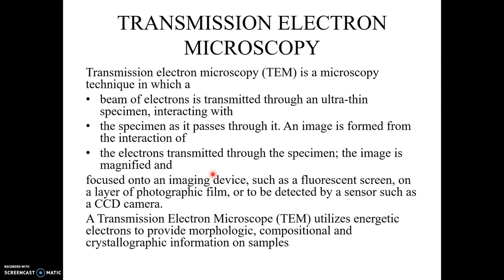So first we are going to see the transmission electron microscope. From the name itself we can define the technique: you transmit the electrons through the specimen. The beam of electrons is transmitted through the ultra-thin specimen. The interaction of this electron with the specimen causes the image formation, in two forms: one is the diffraction mode and the other is the imaging mode. Both take place in this transmission electron microscopic technique. Okay, these are the different parts of the TEM and the advantages of the TEM.